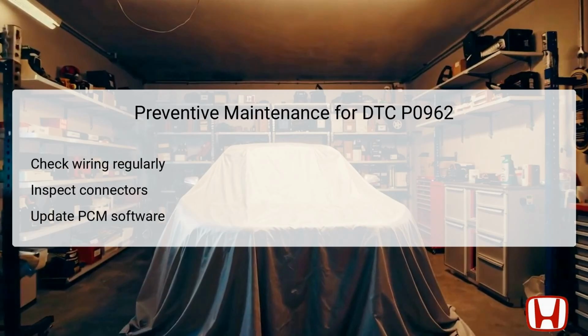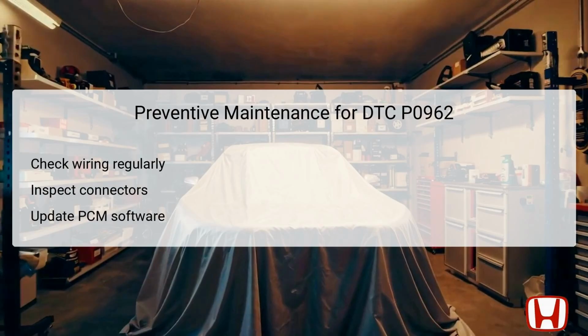Preventive maintenance plays a vital role in the longevity and reliability of the vehicle's transmission system. Regular checks on wiring and connections can help identify potential problems before they escalate into serious issues, preventing DTC P0962 from triggering. It's also essential to inspect the connectors for signs of corrosion or damage, as these can lead to